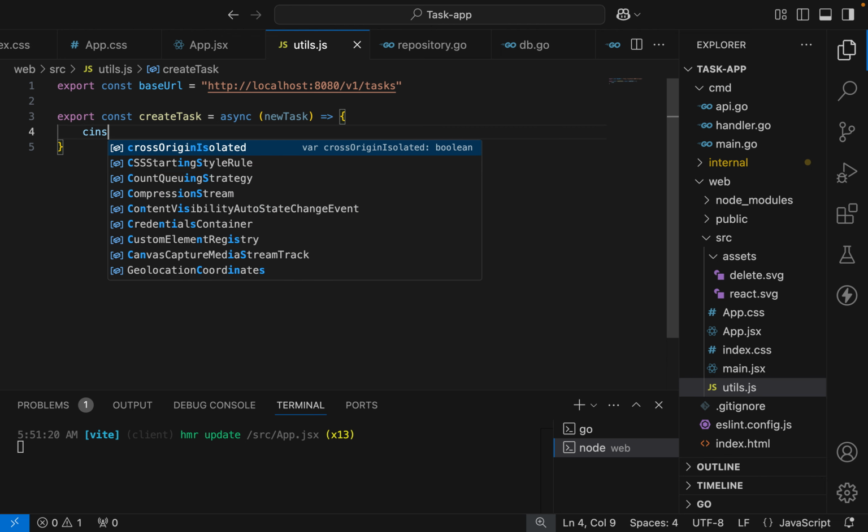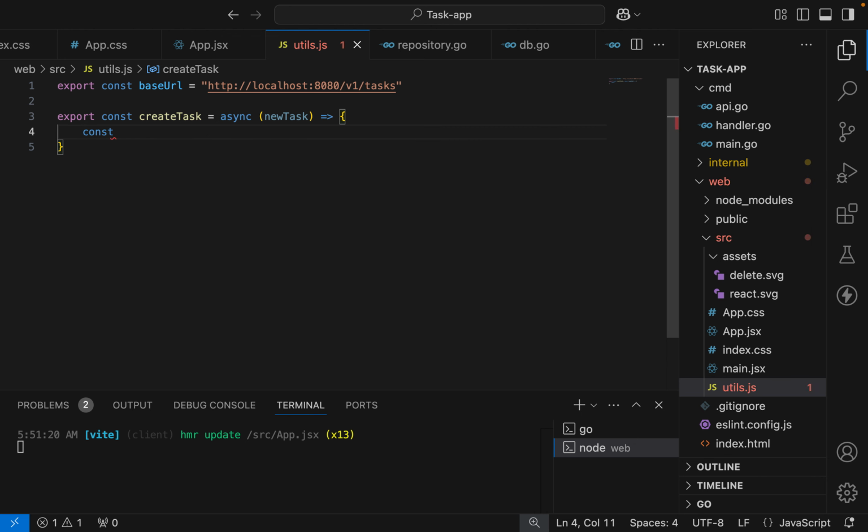It's like when you take money to be deposited in the bank, you're going to have to await. Since it's async, await